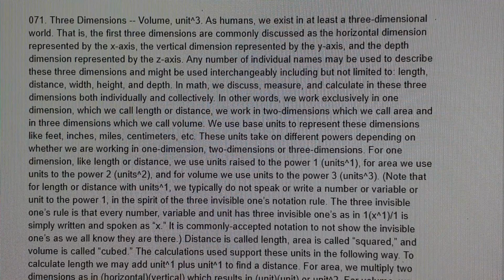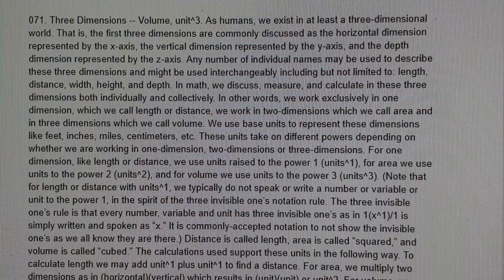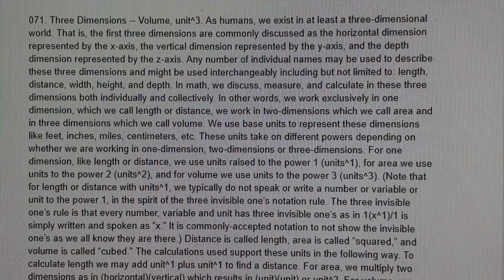For one dimension, like length or distance, we use units raised to the power 1, parentheses, units caret 1, end parentheses. For area, we use units to the power 2, parentheses, units caret 2, end parentheses. And for volume, we use units to the power 3, parentheses, units caret 3, end parentheses. Note that for length or distance with units to the power 1, we typically do not speak or write